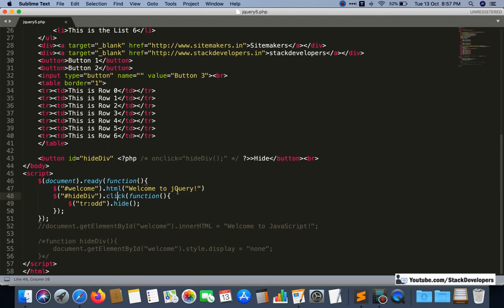In jQuery we also call them methods provided by jQuery itself. These are the events provided by jQuery, these are the built-in functions also. You can call them events, actions, functions, or methods. It's your choice what you want to call them, but the basic purpose is one, that it is going to perform some kind of action.